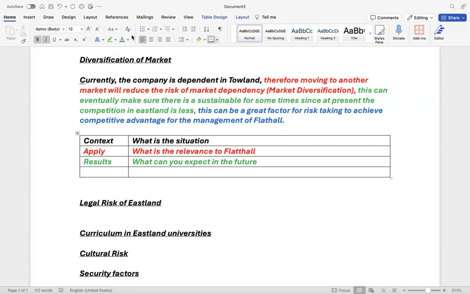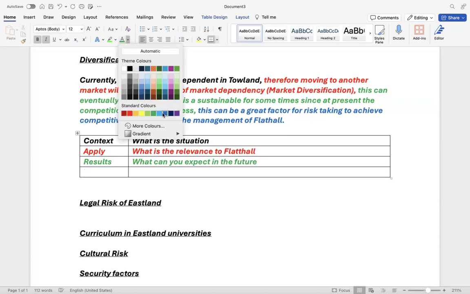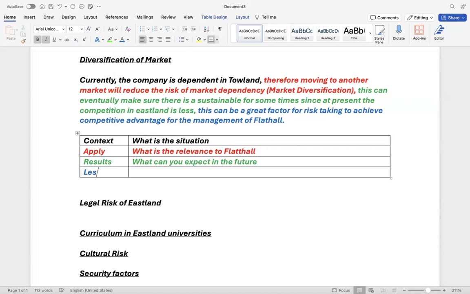And the last one, students, the outcome, the lesson. So I'll write down here the lesson. In this case, the lesson is, what is the ultimate conclusion? Ultimate conclusion. Students, are you clear? Because when you write down a heading, please structure the heading with 4 sentences. So effectively, your sentence should be futuristic, focusing on the management.